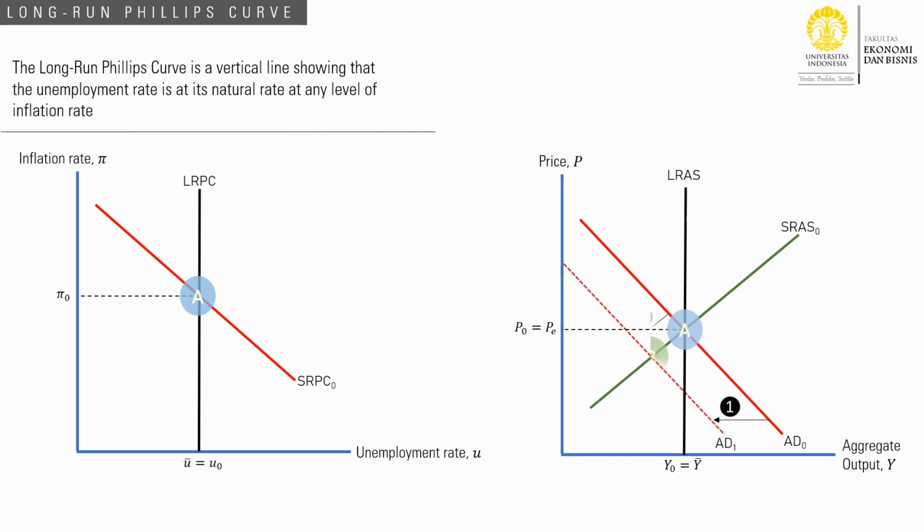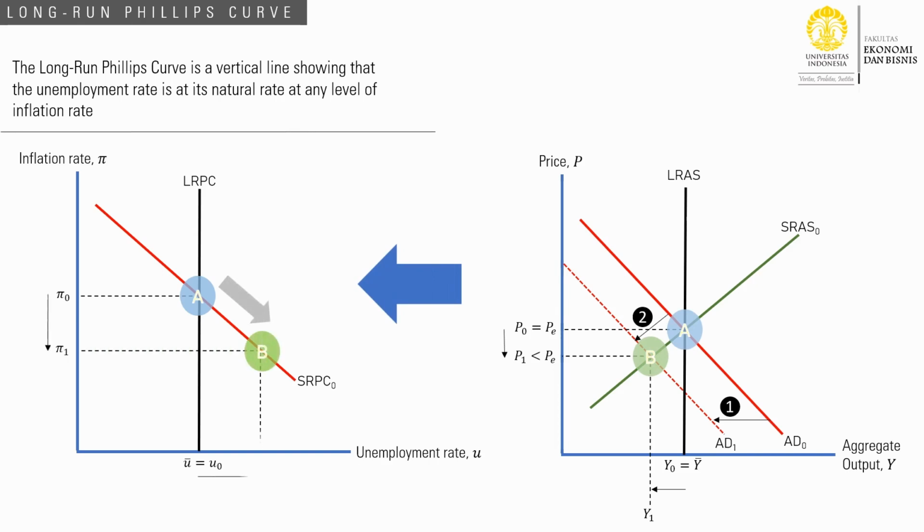and both price and output levels decline at equilibrium point B. The shift in the AD curve then causes movement along the SRPC from point A to point B along SRPC 0. The inflation rate is lower at P1 while unemployment is higher at U1. With lower price, however, expected price will adjust in the long run, shifting the SRAS curve to the right from